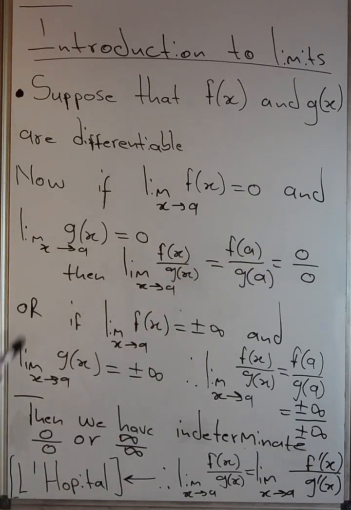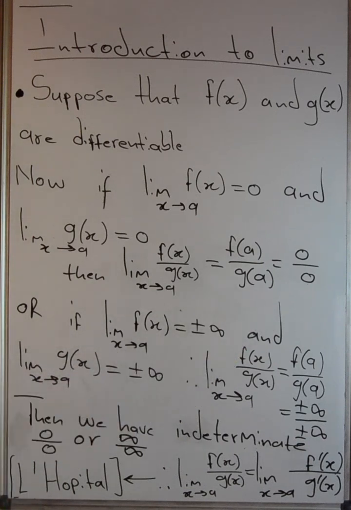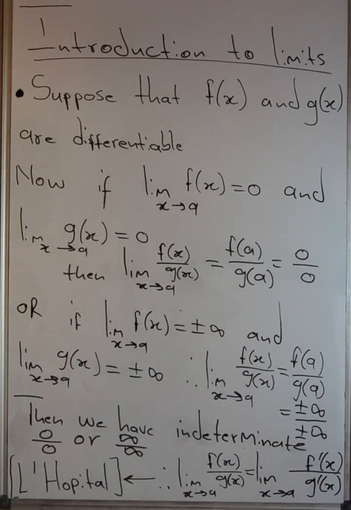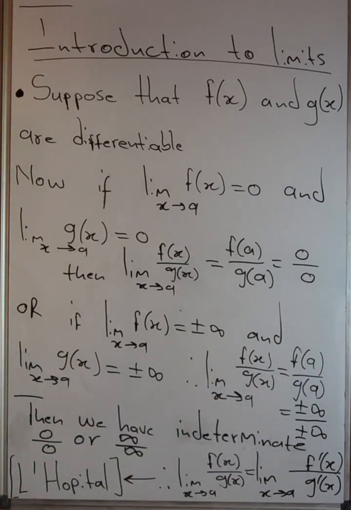0 over 0. Or if we're having a limit of f of x which is equal to positive or negative infinity when x approaches a, and also the limit of g of x which is equal to positive or negative infinity when x approaches a, then we can also conclude the same by saying that the limit of f of x over g of x when x approaches a by direct substitution is equal to positive or negative infinity over